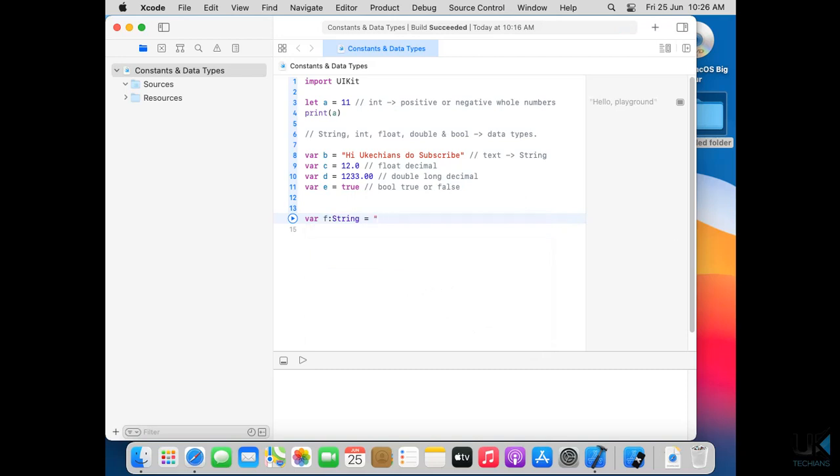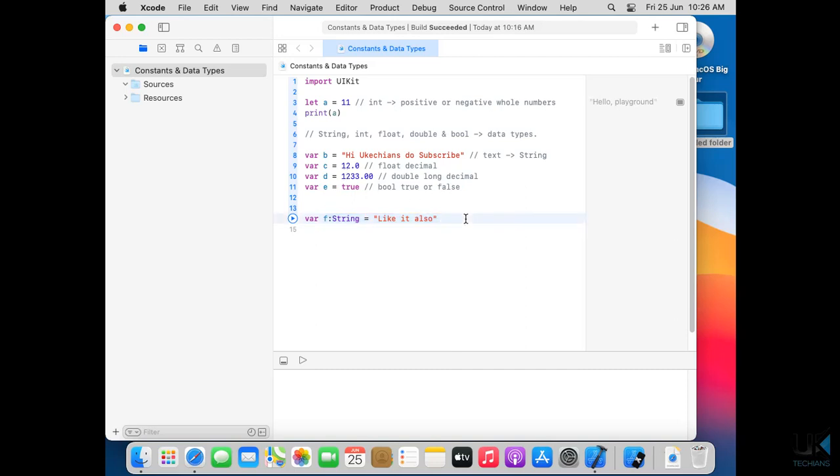So we can initialize the variable like this. It shows the var keyword, the variable name, the data type of the variable, and the value of the variable. So it's an easy way to learn the data types and how to store values in them.